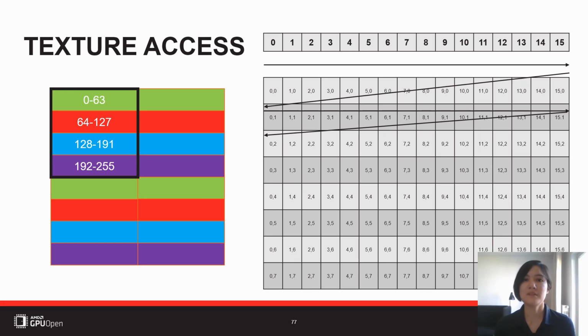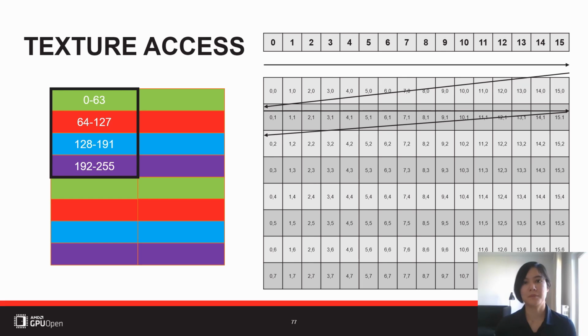In the beginning, I said each thread group is downsampling a patch of 64 by 64. This means that each thread needs to load 16 values, either by 16 load instructions or 4 sample instructions with a bilinear filter. In the following, I will always assume that we are using a sample instruction with a bilinear filter, so we have 4 sample instructions used to downsample 4 quads. So we have 4 2x2 quads which are downsampled to 1 output value using a single sample instruction. So 4 sample instructions per thread, and we can arrange them differently.